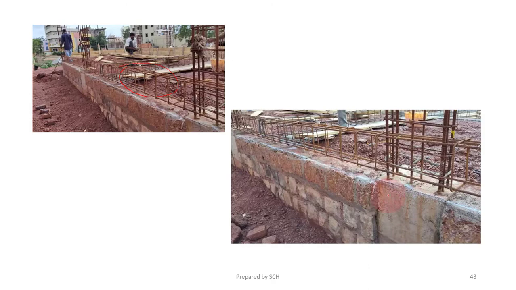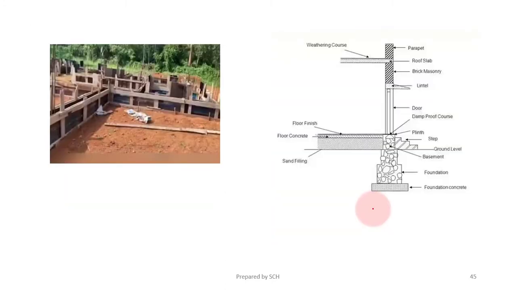So this column is continuing up to the foundations. So here we are providing the plinth beam. So we have to take that height as bottom story height or base story height. So these are the plinth beams passing. So up to the depth of foundations, we have to take the bottom story height.